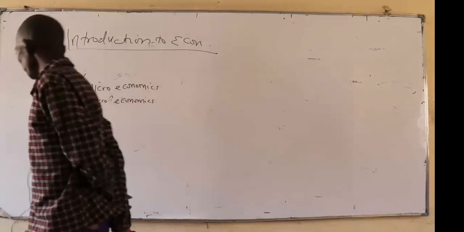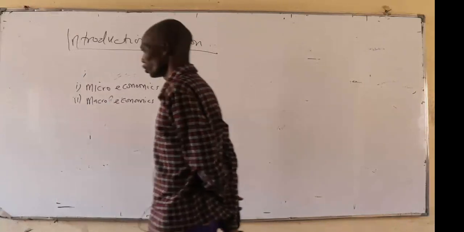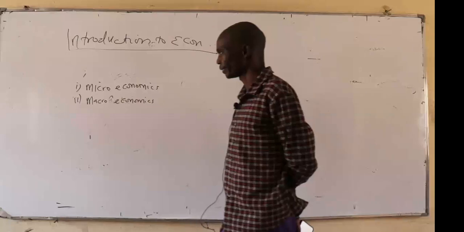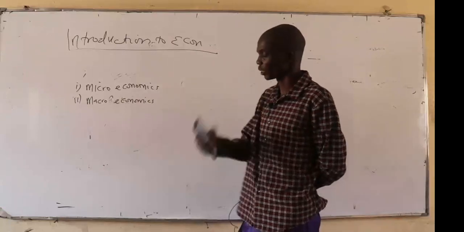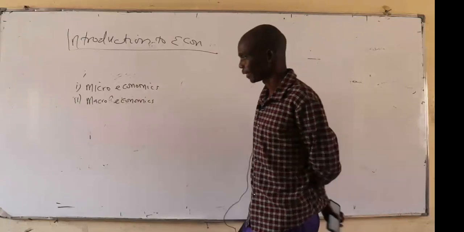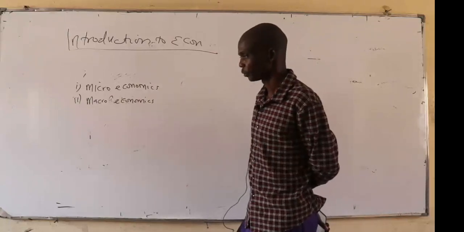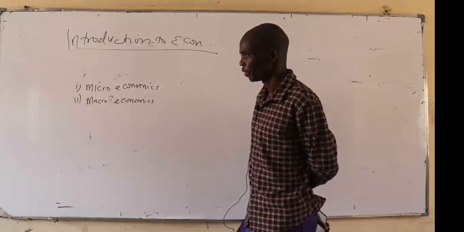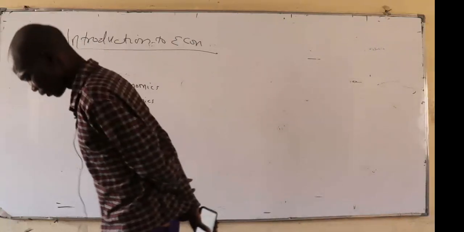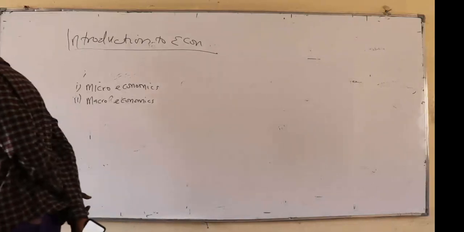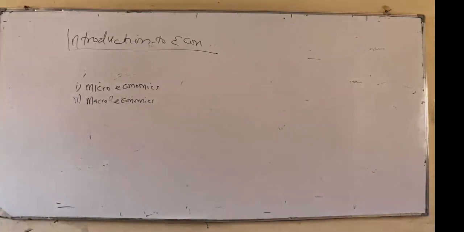So the way in which we solve those questions is a constant for any given economic system. The way societies try to solve those three questions is what we are referring to as economic system. As we have said, we have three economic systems. We have what we call free market economic system. We have what we call planned economic system, which is also referred to as command economic system. And also we have what we call mixed economic system.